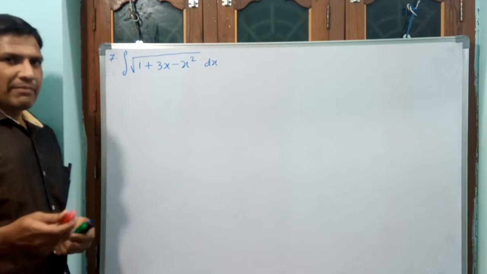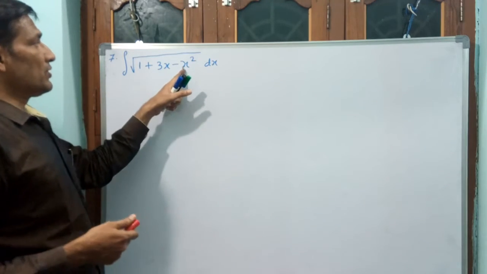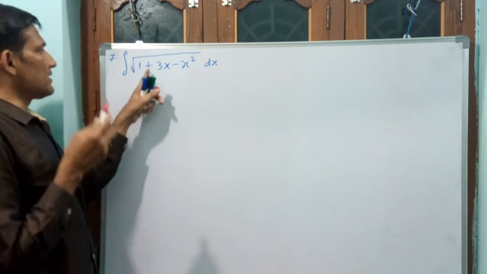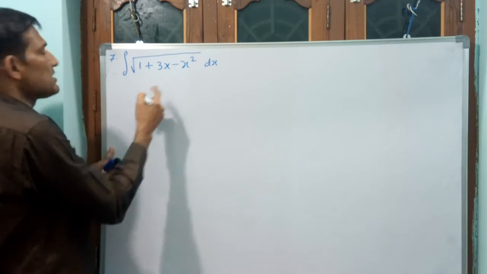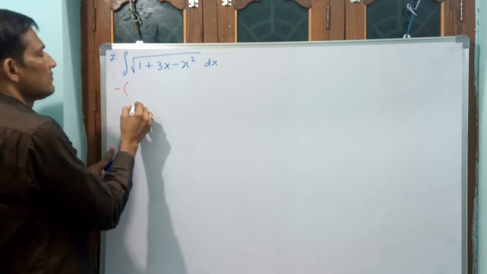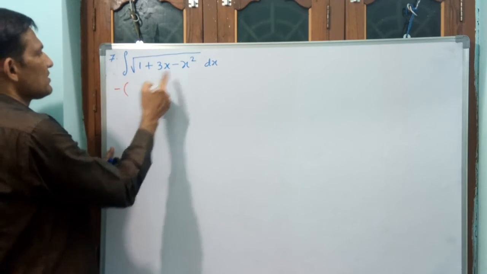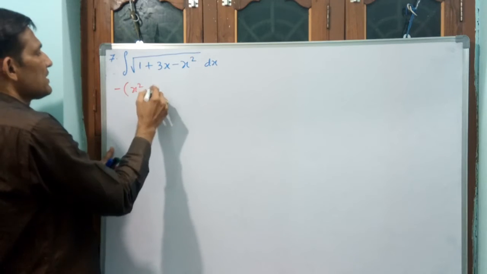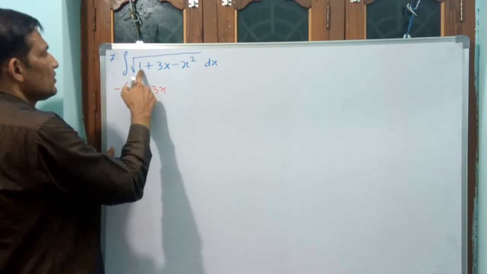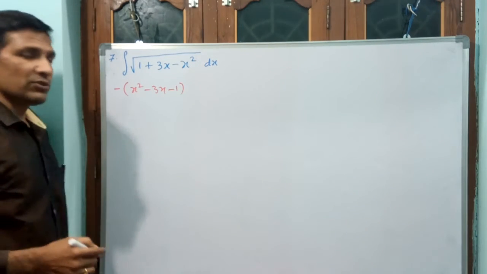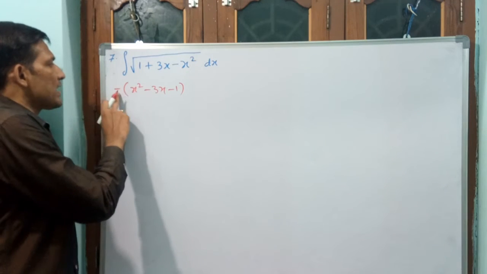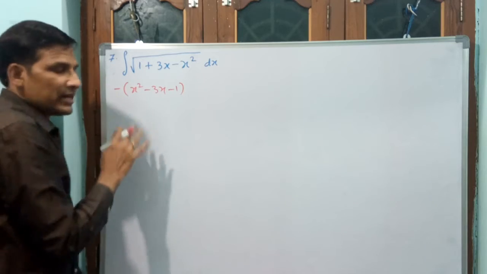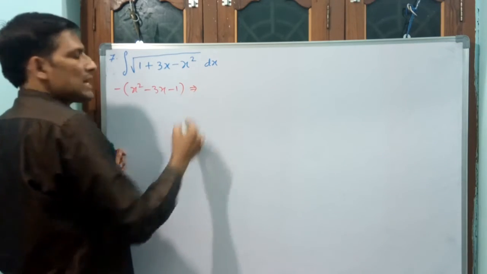Okay. See what I am writing now. This is minus, this is plus, means how I am writing, you see. First of all, I am taking this like this: minus x square is there, then minus of plus has to come. This has to come x square, but this is plus means minus 3x, this is plus means minus 1. Is it okay? First you see, minus x square plus 3x plus 1. Is it okay? Okay.